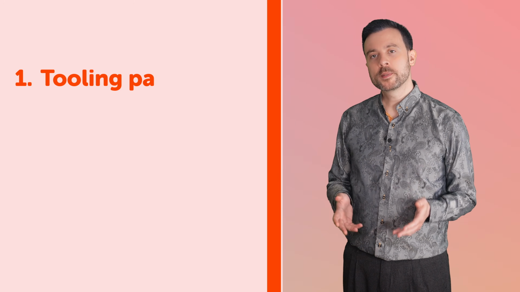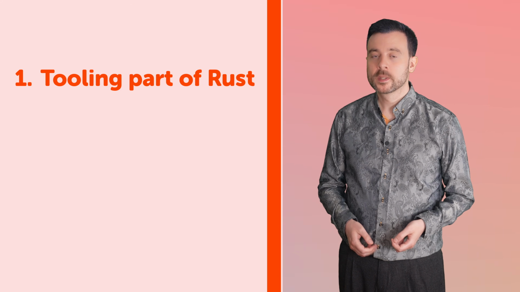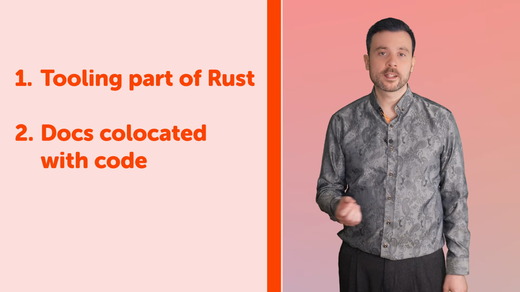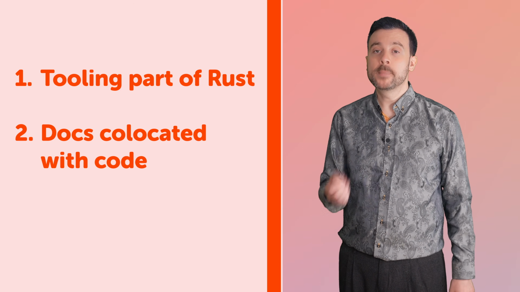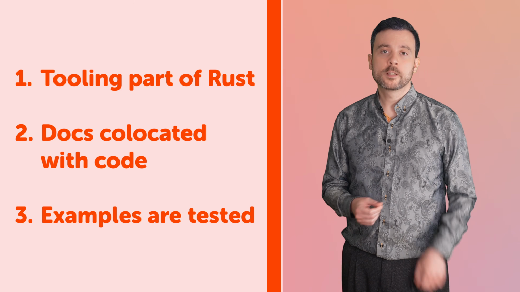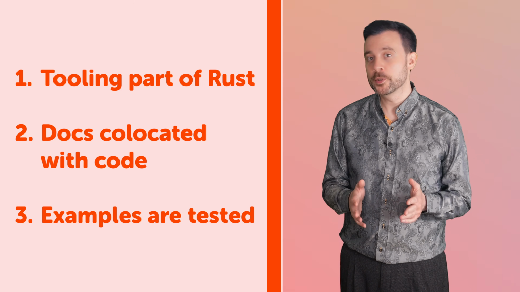So Rust documentation has some really compelling things going on. Documentation tooling comes with the Rust tool suite. Documentation is written with the code right next to the thing being documented, not separately from it, making it trivial to maintain. Code examples are run with tests, meaning it's very hard to produce documentation that's wrong. Furthermore, because the prescribed method of writing documentation is so good, everyone ends up using the same tools and the same conventions. This means Rust documentation will always feel somewhat familiar, significantly reducing the burden of learning. It's one of the many examples of how the Rust community feeds into itself, helping us all be better software engineers.